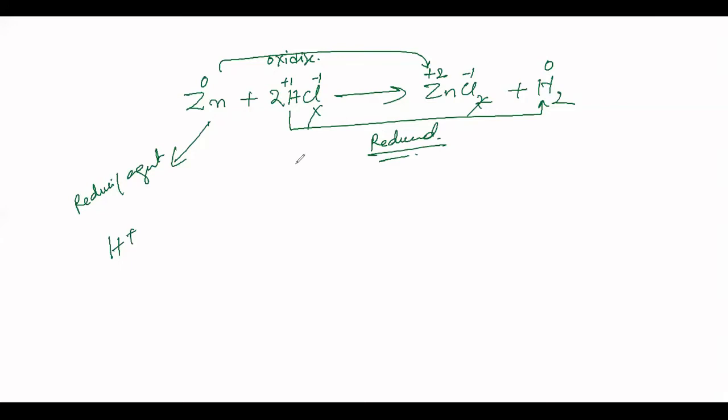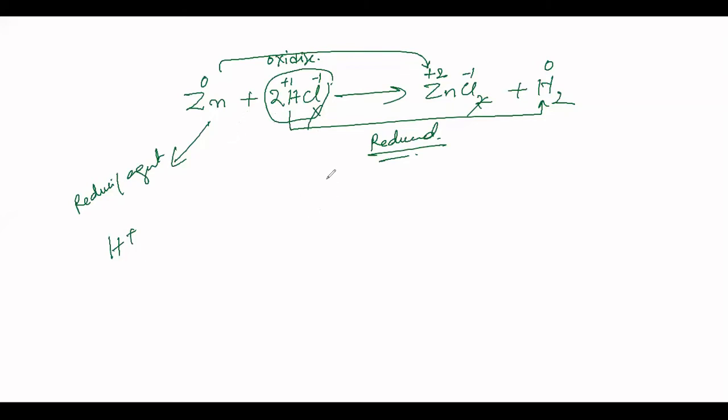Okay. So zinc is acting as a reductant, because zinc is oxidizing, it is acting as a reducing agent. Therefore, I have not given you the option that hydrogen ion is acting as an oxidant. Because hydrogen ion as such is not given, you can leave out that option, because here it is in the combined form. So the most appropriate one would be zinc is acting as a reductant, correct?